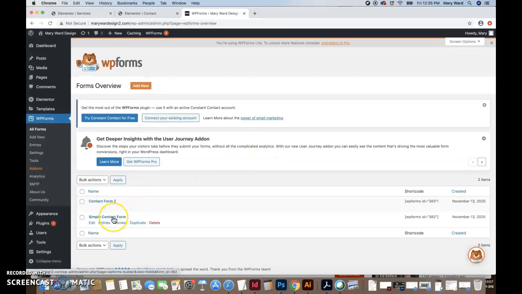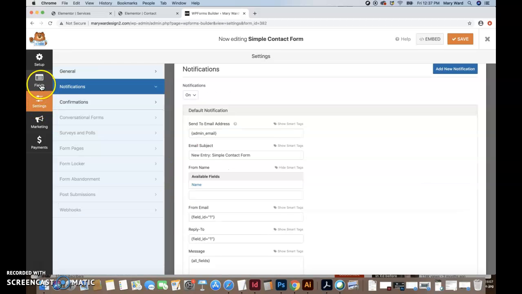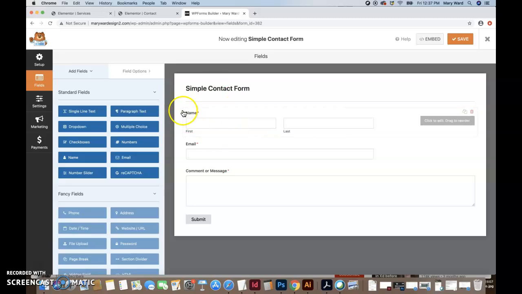This is the simple contact form. If I want to edit that, I just click on it. It's very simple. Name, email, comment or message. Sorry, I kind of got out of there. So if we go into settings after checking out the fields on the simple contact form,